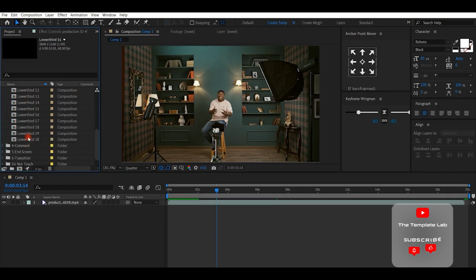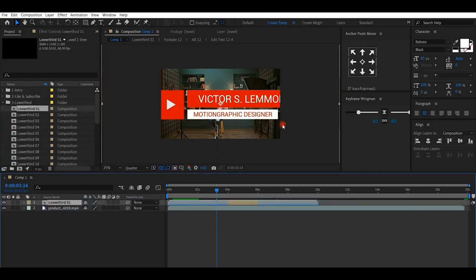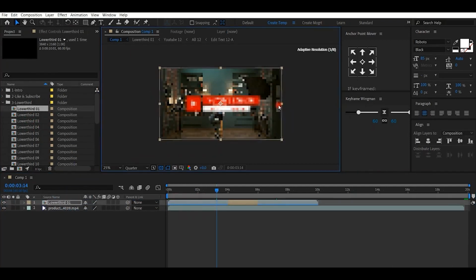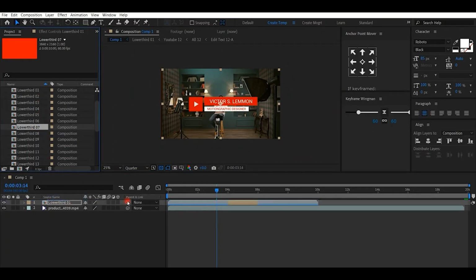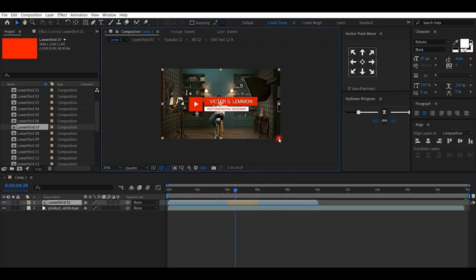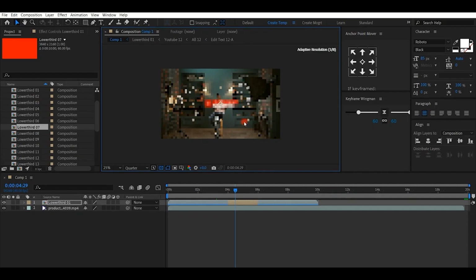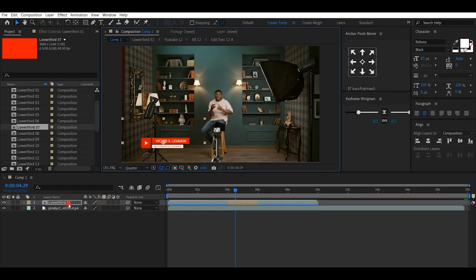You have 20 lower thirds. 4 of them are the lower third with a name. You can change the name, and the rest of them, the other 16, are the social media. You can put it here, for example. And you can open it,